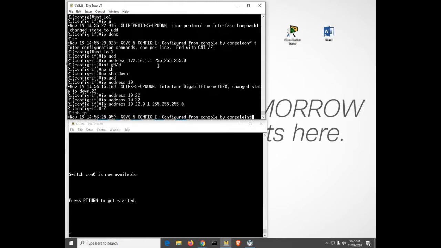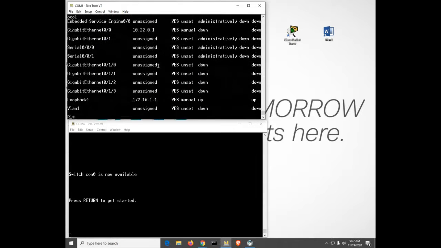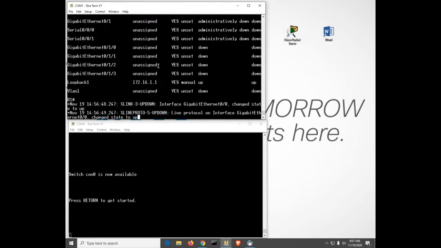Okay, how about a show IP interface brief, just to make sure I didn't forget nothing. So 10.22.0.1 is, what is it down and down for? Did I forget to plug a plug in here? G0/0? I miswired it. I'll put them in the right place. There we go. That should cause them to come up and up. And the loopback 1 is